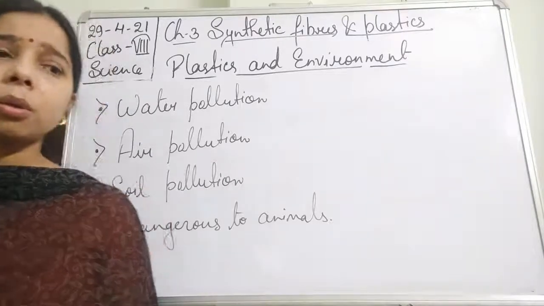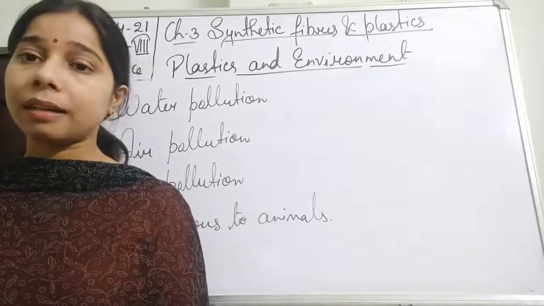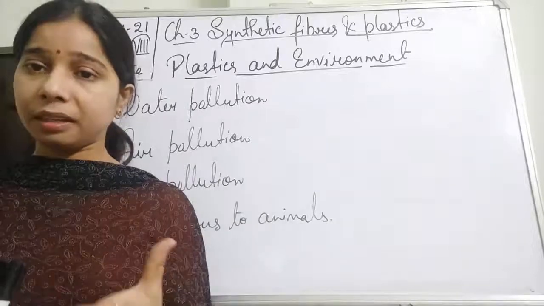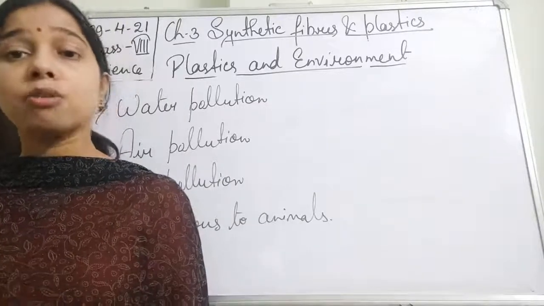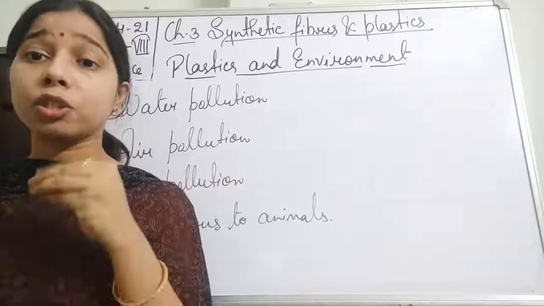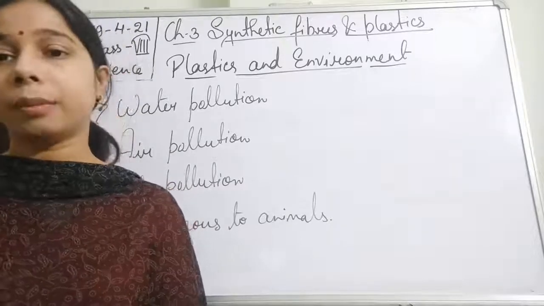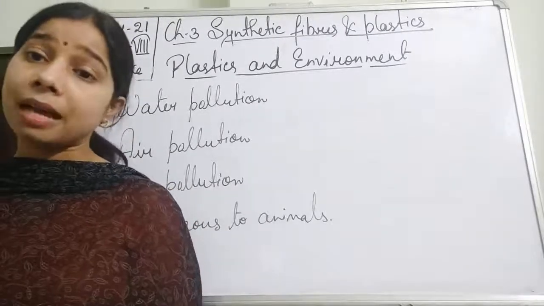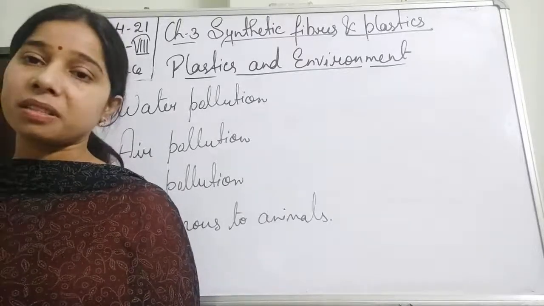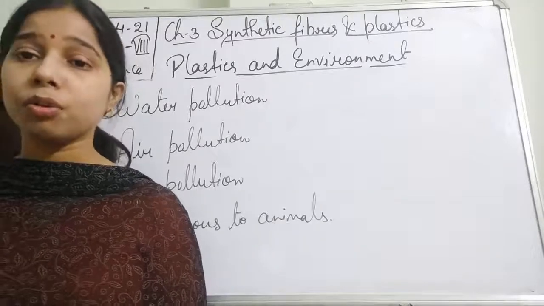When we throw plastic here and there, what happens? The cattle animals, we keep food in plastic and throw it outside. They want to eat that food which is present in the plastic. So along with the food, they swallow the plastic also, which chokes their intestine and causes the death of the animals. Also, plastics get choked in the drain pipes and cause a flood situation. So because of that, we can say that it is not safe to use plastic.